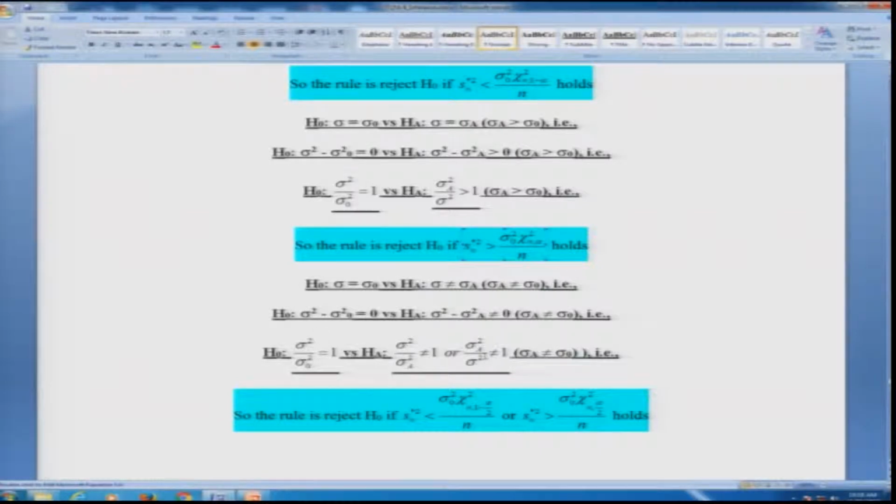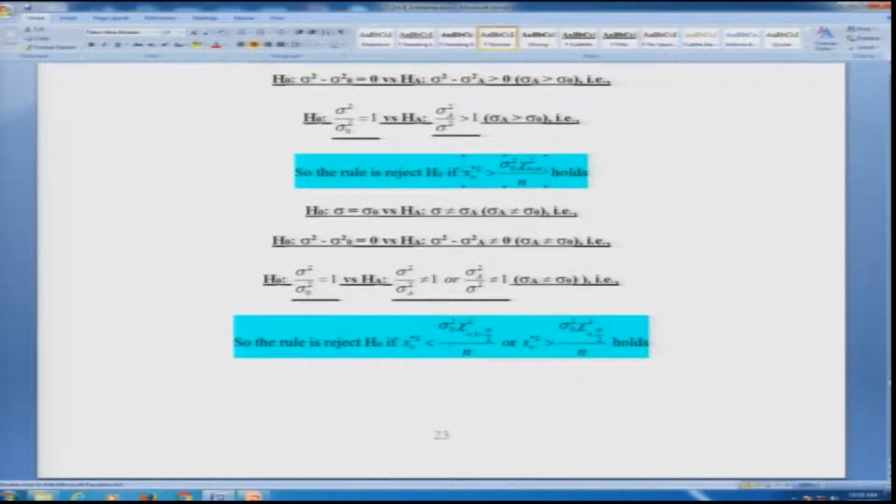So, obviously it is two sided. In this case, if it is two sided, you will reject H naught if both the left hand as well as the right hand are true. In the sense you have basically S dash being less than or equal to chi square n, 1 minus alpha by 2, into sigma square suffix 0 under H naught. So, this is 1 minus alpha by 2 because it is two sided, divided by n as it is,